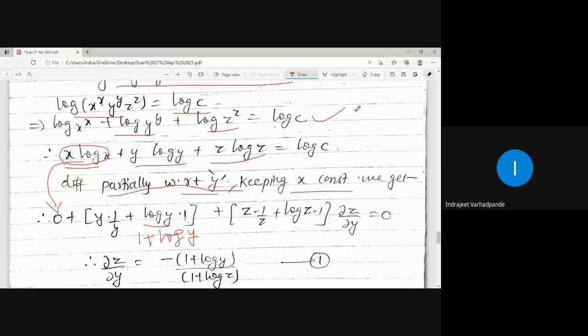See, in general cases, how you differentiate, suppose it would have been x log x plus y log y, and we are differentiating with respect to x, so x into 1 by x plus log x into 1. And whenever you differentiate y with respect to x, dy by dx is written separately. Similarly, I apply the product rule for z log z. Z into 1 by z plus log z into 1 into, do not forget to write del z by del y because z is differentiated with respect to y.